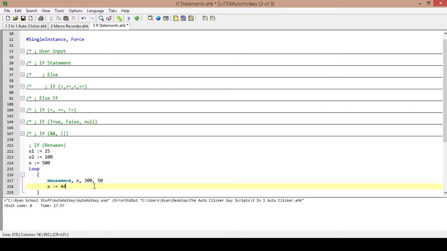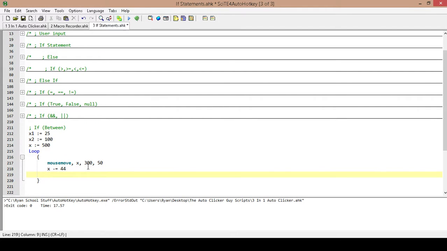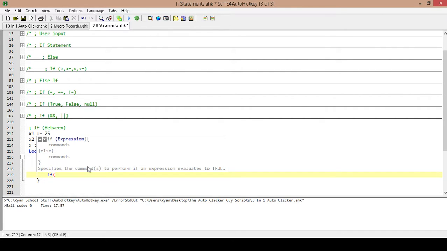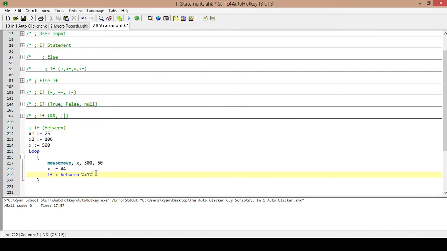And now inside of here I need to create an if statement that's going to check if our x falls in between those two numbers. So I'm going to say if x, oh yes, with this one I don't use the bracket. So if x between, I think I need the variable wrapped. Yeah, I'm pretty sure I need to wrap because it's not expecting a